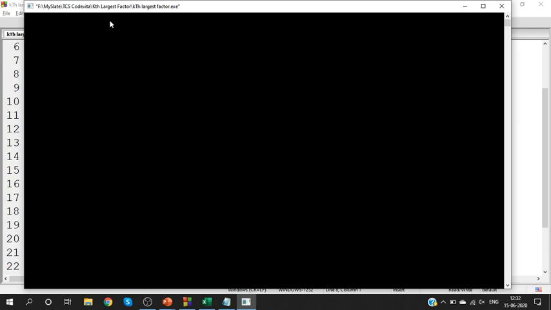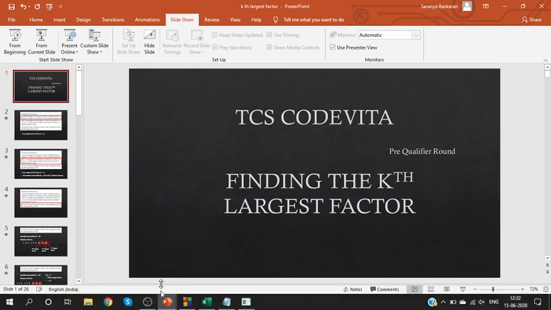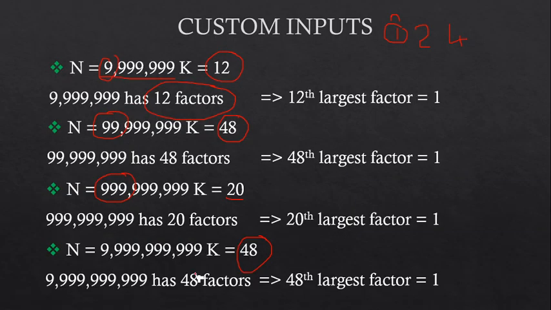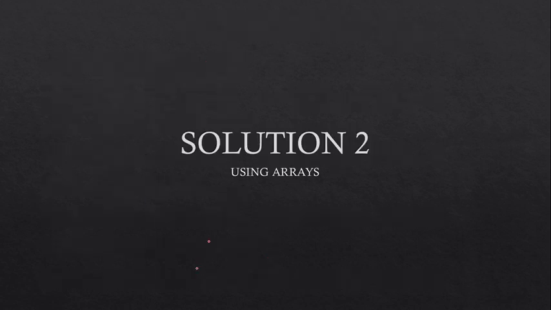So how can you find the efficiency? You have to improve the efficiency, which means you should reduce the time taken for this program. How shall I reduce the time taken for this program? We need to know a little bit of maths here. Since this is not efficient, I'm going to tell you the second solution, which is using arrays. We are going to use solution 2. This solution makes use of arrays. I'm going to store some values here. So what are those values? How can we store them?